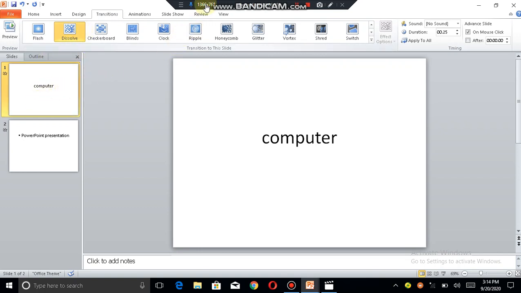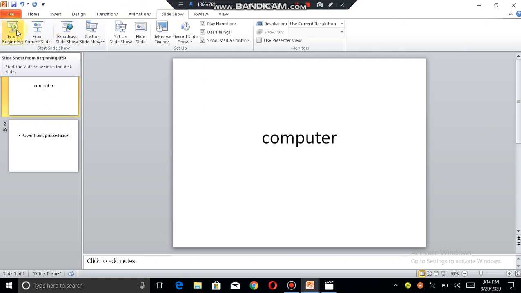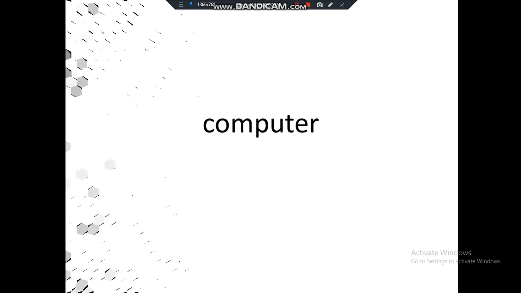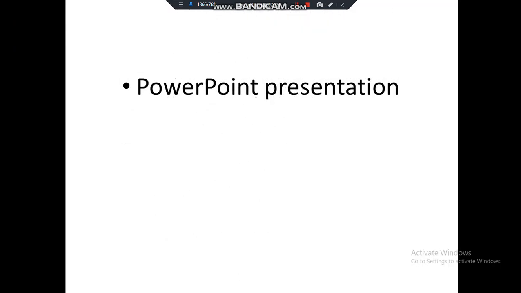So now I want to slide show my presentation and see how this basically looks like. I want to play it from the beginning. If you want to use the shortcut key to play the slide, you can press F5. I am playing it from the beginning, so this way it will show you. I am just pressing the keys because it is just to show you how it basically works. Yes, this is looking very nice.